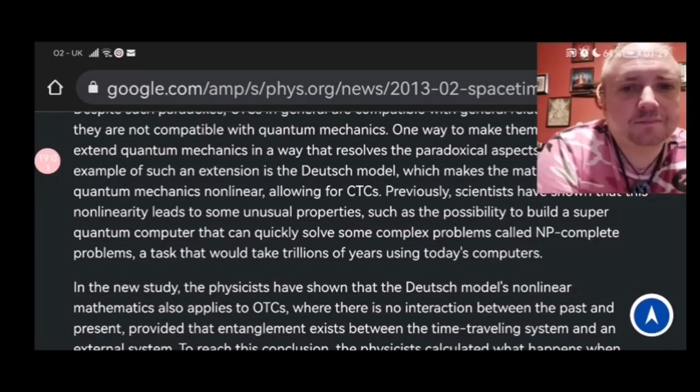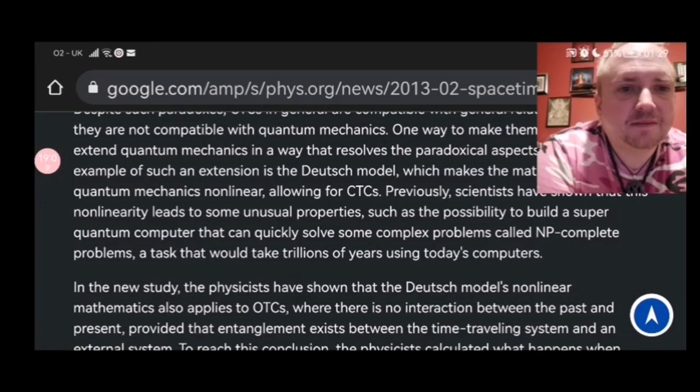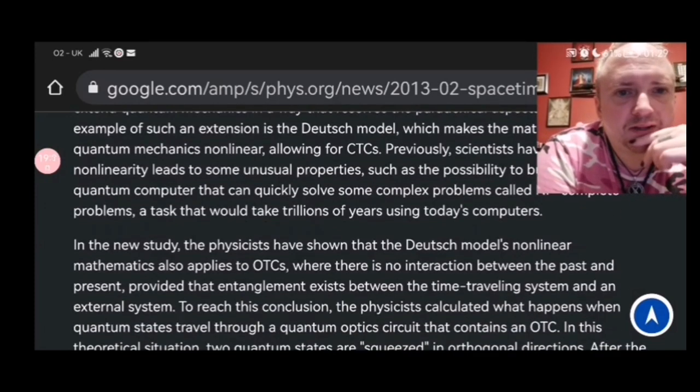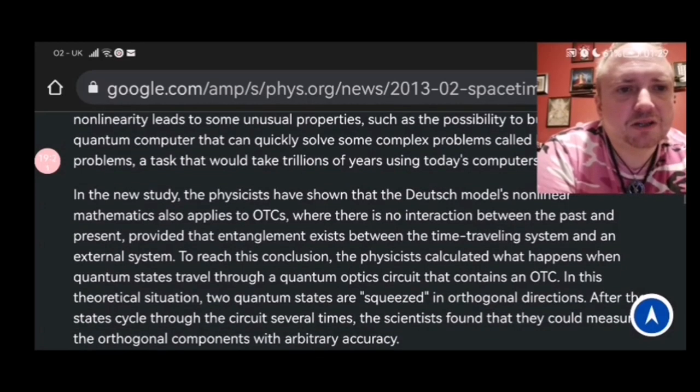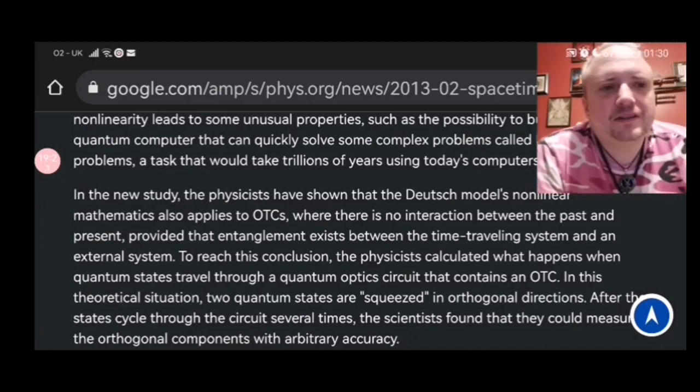Right. So, it's fascinating. In a new study, the physicists have shown that the Deutsch model's nonlinear mathematics also applies to OTCs, where there is no interaction between the past and the present, provided that entanglement exists between the time-travelling system and external system. To reach this conclusion, the physicists calculated what happens when quantum states travel through a quantum optics circuit that contains an OTC. That's why Ant-Man's astounding, because,